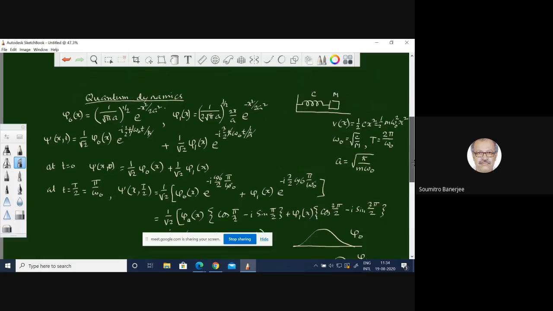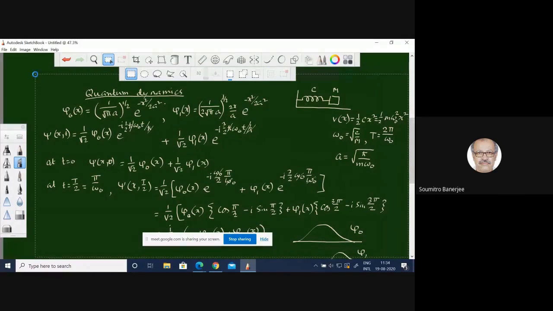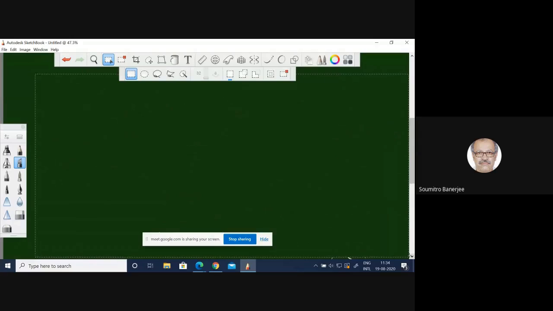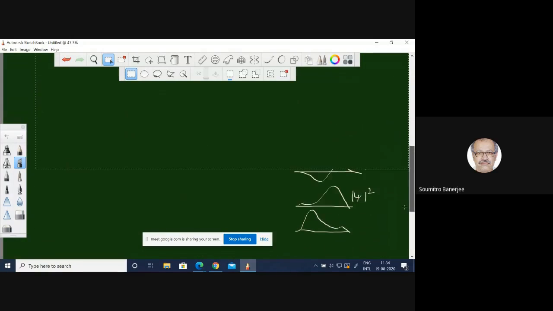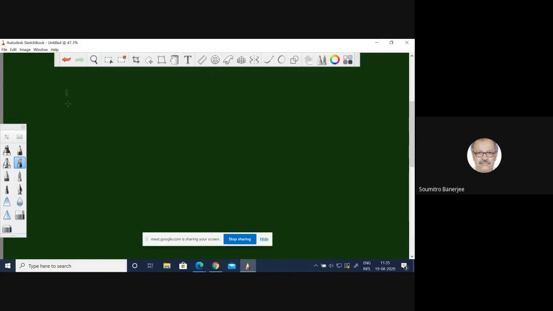If you want to calculate that, let me again delete this part because we need board space. We know that the expectation value of x